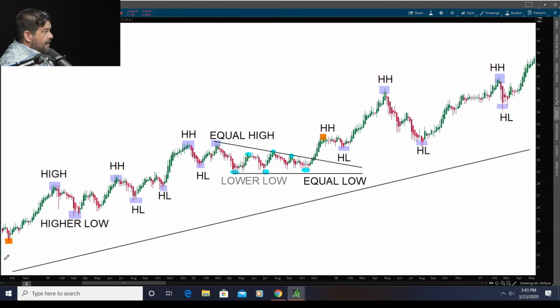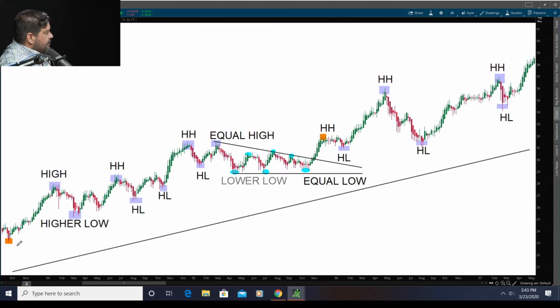All right, today we're going to talk about higher highs and higher lows. Of course, we're thinking about this because it's an uptrend. There are also lower lows and lower highs, and we'll talk about that in the next segment. So right here, you see that we have this orange square, and this orange square is our first indicator of